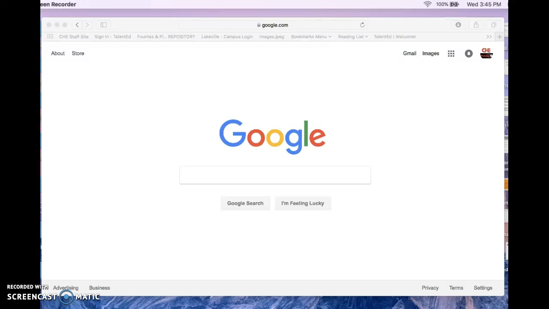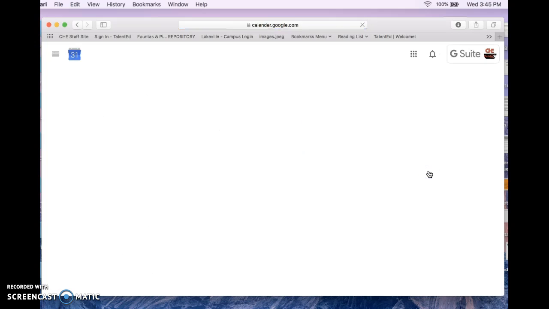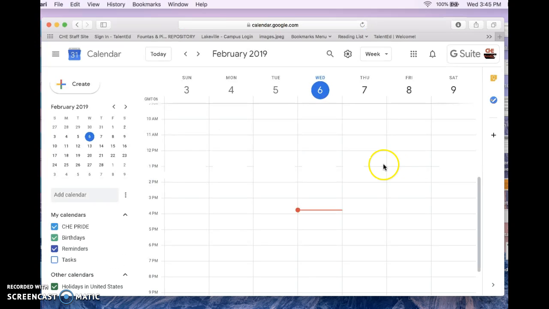Hello, and this is how to do a calendar invite for your instructional coach for your pre-observation, your observation, and your post-observation. You can go to Google or into your Gmail and click on the waffle. In the waffle, find your calendar, click on your calendar. When you get to your calendar,